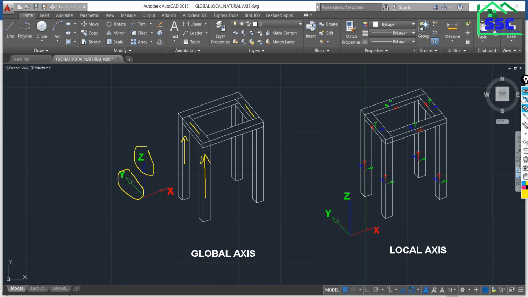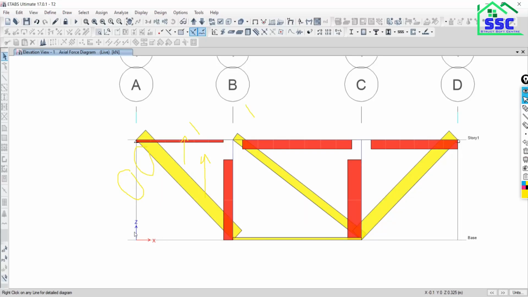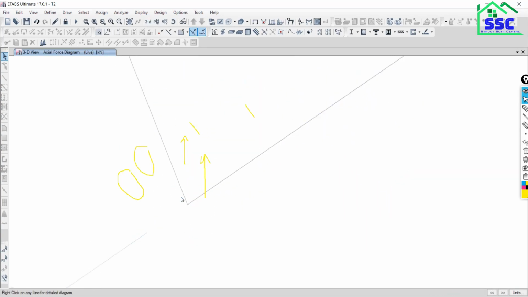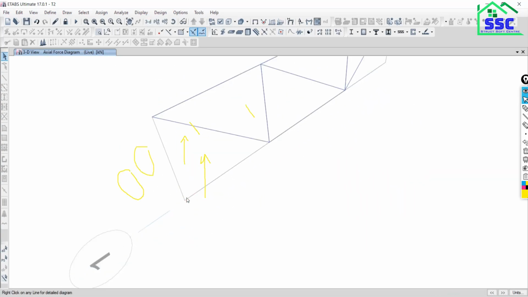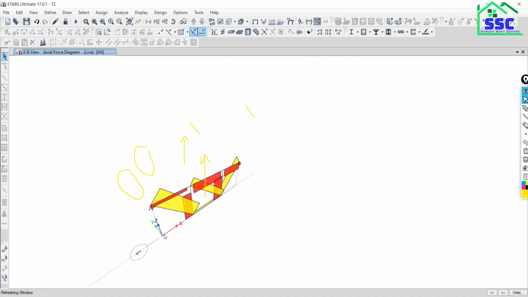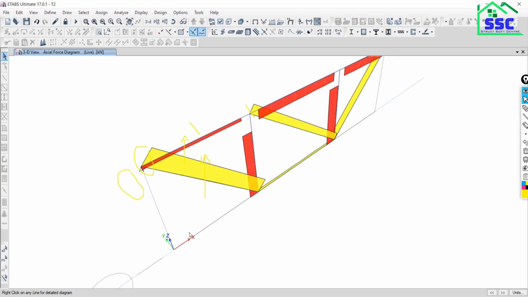Got it? So in ETABS you can find the global axis. As you can see, ETABS represents the global axis like this. It represents the entire model with one axis system, that is called the global axis.